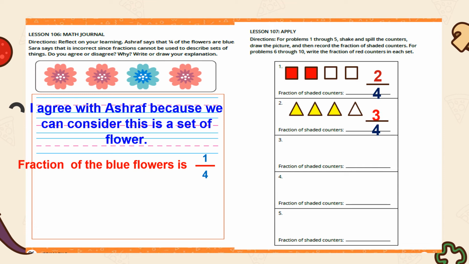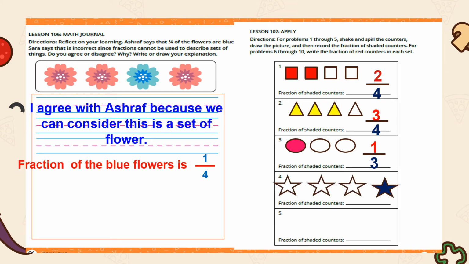So the fraction is 3/4. Number 3, if we have 3 circles and we colored 1, so the fraction is 1/3. Number 4, if we have 4 stars and we colored 1, the denominator will be 4 and the numerator will be 1. So 1/4. The last one, if we draw 3 rectangles and we color 2, the fraction here will be